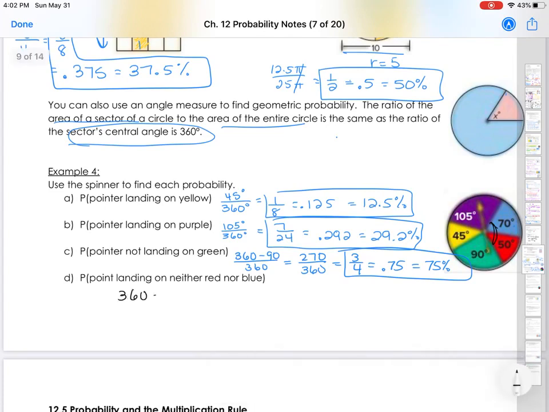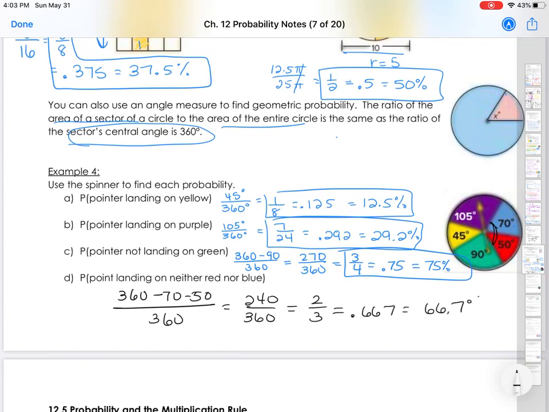And then lastly, landing on neither red nor blue. So I don't want to land on red. I don't want to land on blue. So that means really I'm going to subtract off the red and the blue. Okay, so I have 360 minus the 70 and minus the 50 to get rid of them. I want the purple